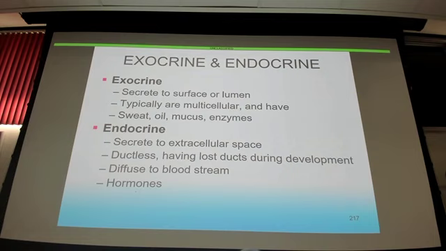Right? When you look at endocrine glands, they generally release or secrete into the extracellular space. They don't have ducts like exocrine glands do. So they're going to diffuse into the bloodstream, in other words, hormones. So technically, if I asked anybody in this room before I even started this, where does a hormone release its product? Everybody says, well, into the blood. Because hormones get released into the blood and then they circulate throughout the body. Right? Exocrine doesn't do that, endocrine does. So if you release a hormone,